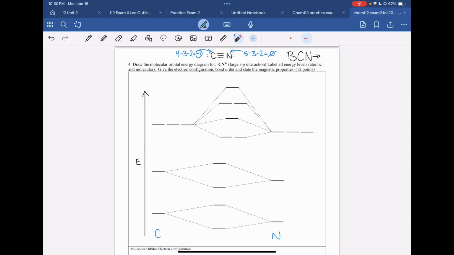Whichever is more electronegative, the whole thing gets shifted down, even though they are both part of BACON. So BACON just refers to the principal energy level, right? Where they both are at the same